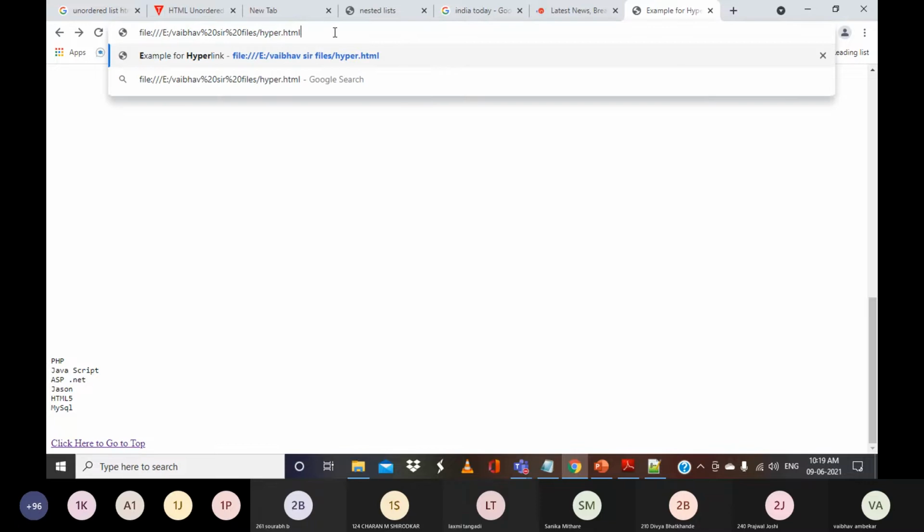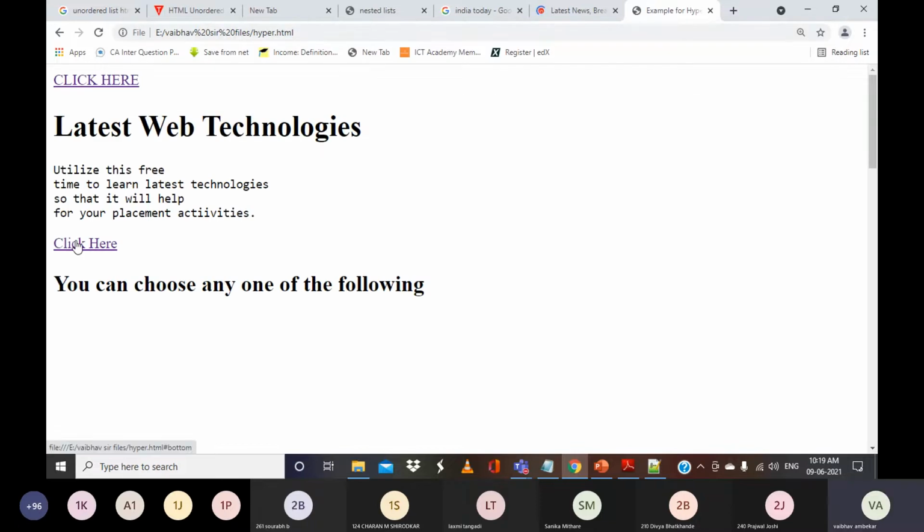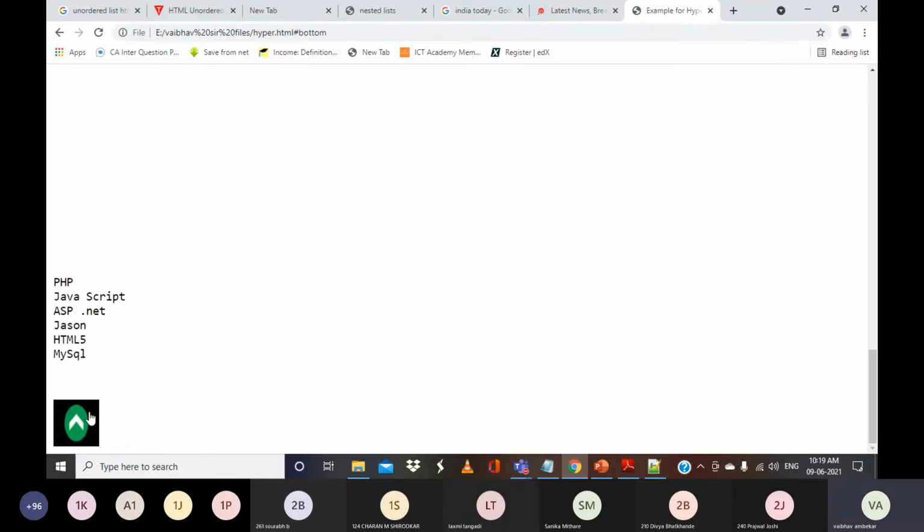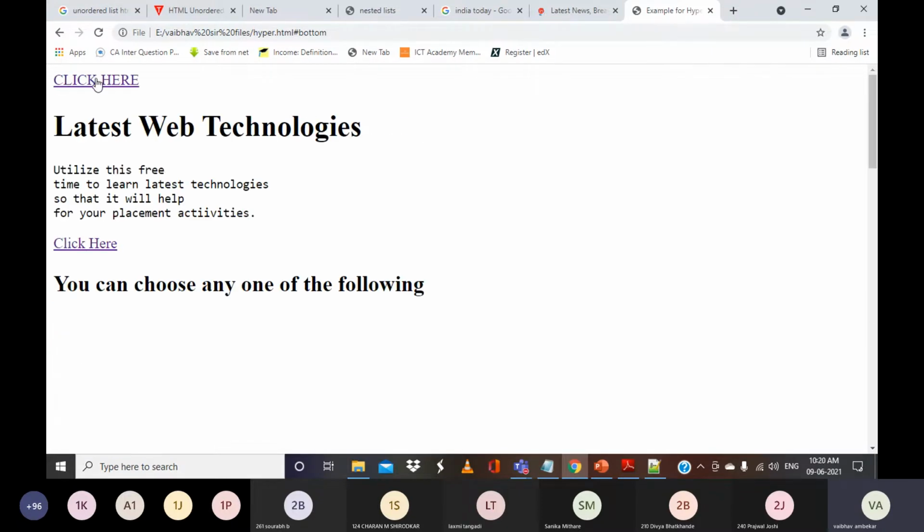Now if I run this and click here, I will go down. You can see that the moment you include a link, you always get this hand symbol, whether it is normal text or an image. The cursor changes from the arrow mark to a hand symbol.